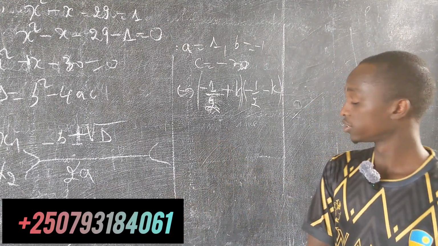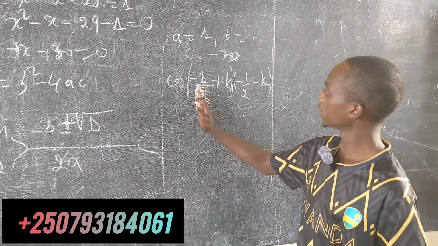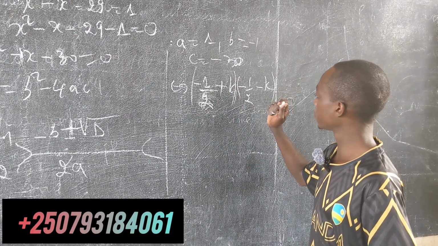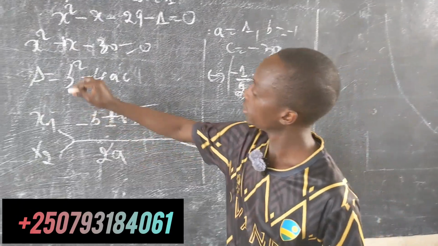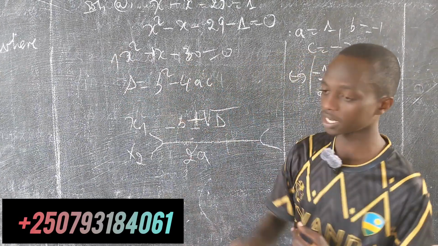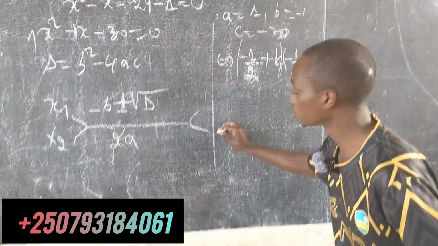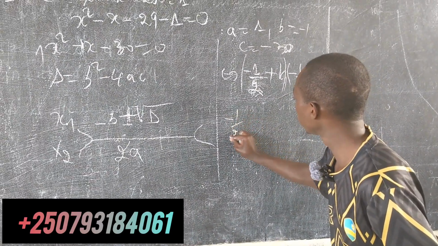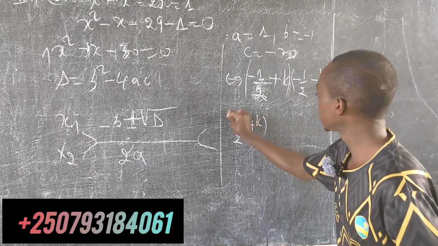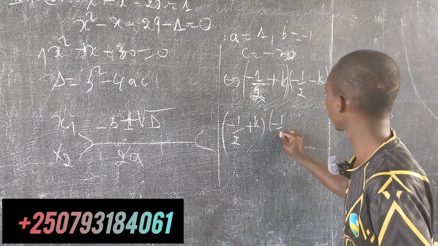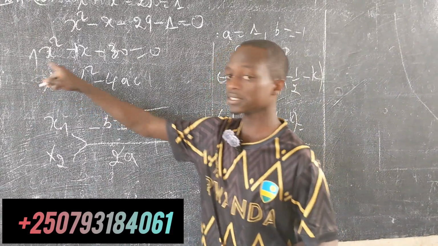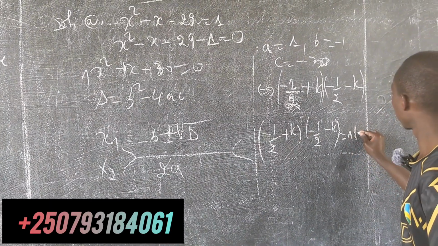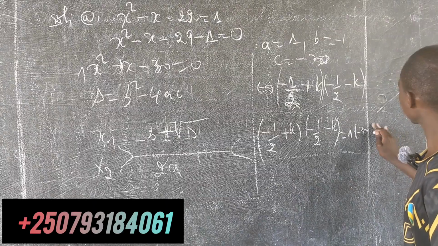What is next is we need to take this, multiply by this, and then we equalize it with this number times this number. So we write minus 1 over 2 plus k times minus 1 over 2 minus k, which is equal to 1 times minus 30,